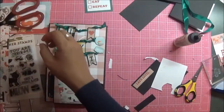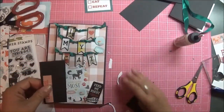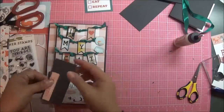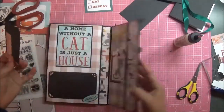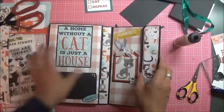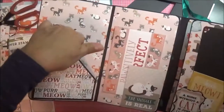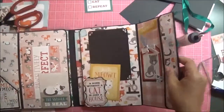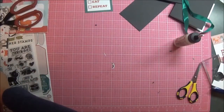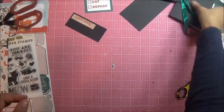I think we're just about done, you guys. See, I have a few things here and there that I thought would look really super cute. I wanted to go ahead and make a little pamphlet for this here. So how I'm going to do that is I'm going to set that aside. And what I did was I took,